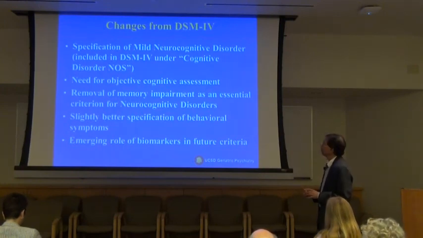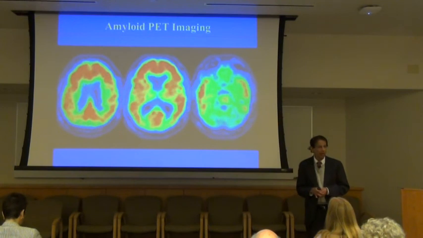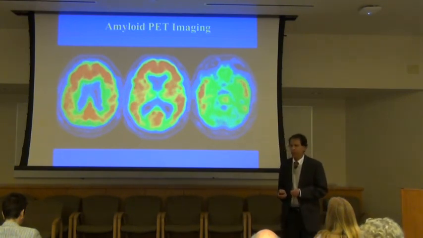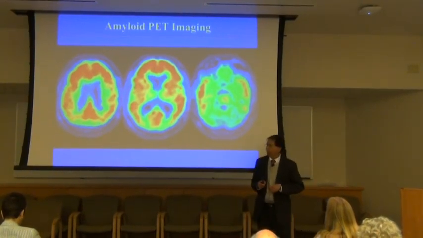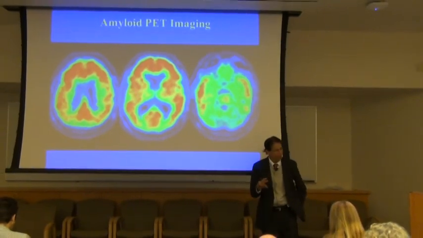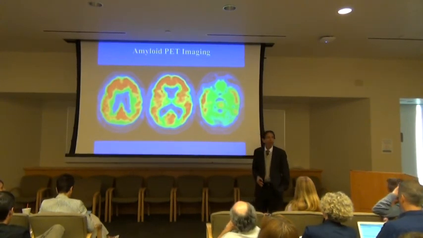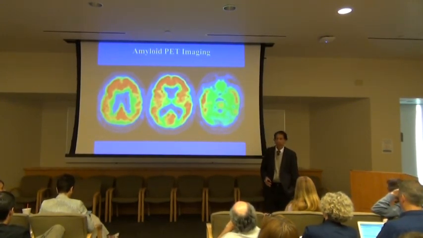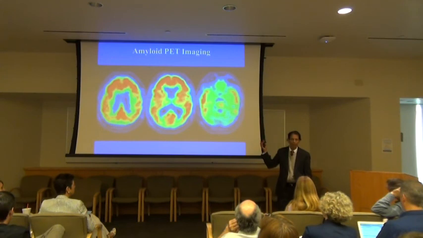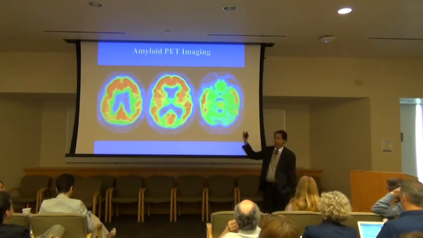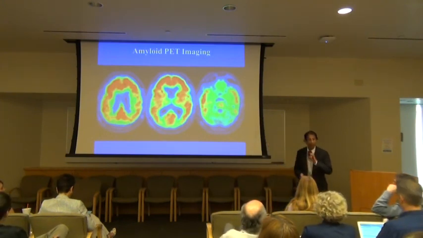What about biomarkers? Some fabulous research is going on in terms of amyloid PET imaging, CSF tau, and CSF beta amyloid to tau ratio, and an increasing number of studies are showing that to some extent we can predict who will develop Alzheimer's. However, the sensitivity and specificity of this is not adequate. If somebody has this abnormality, that doesn't mean that they will develop Alzheimer's. On the other hand, without this, they may develop Alzheimer's. So that's why we did not think that this was ready for prime time for clinical diagnosis.